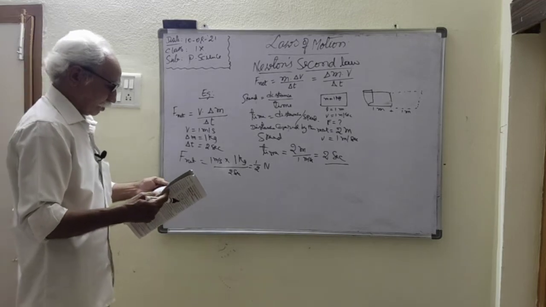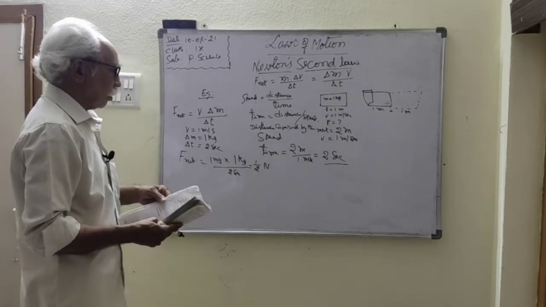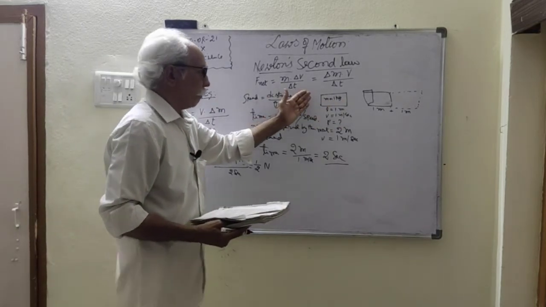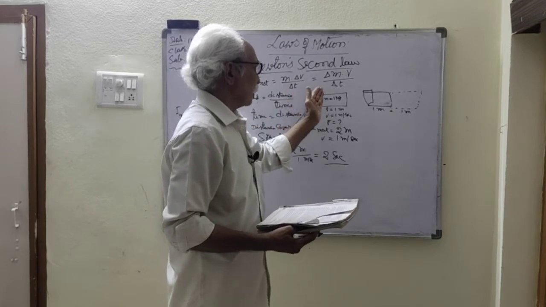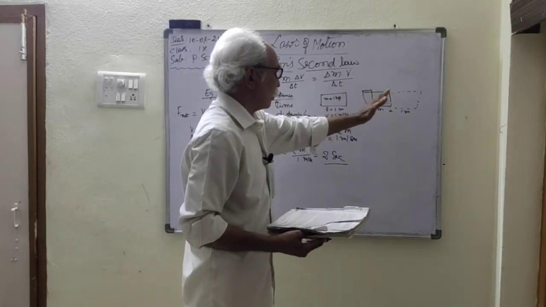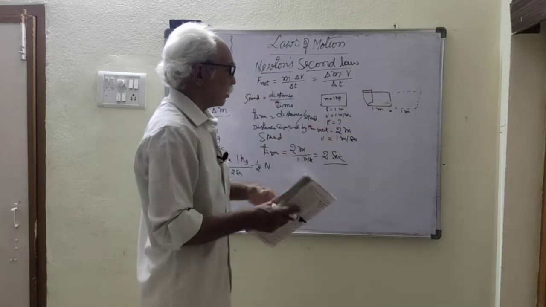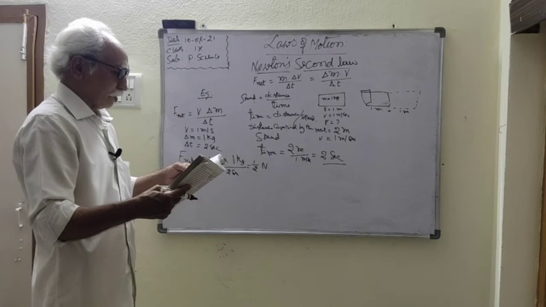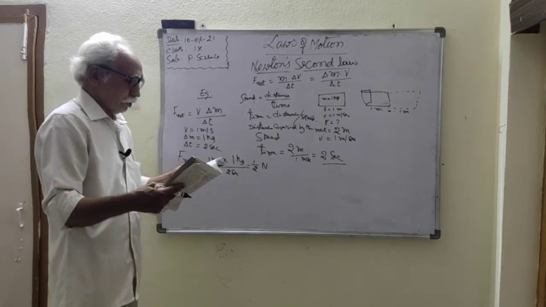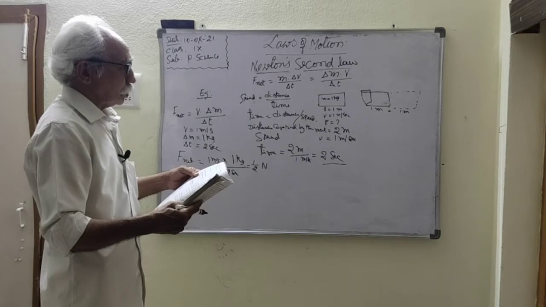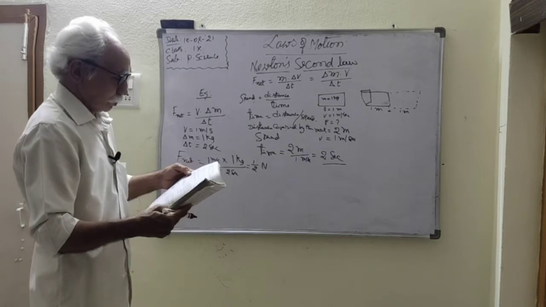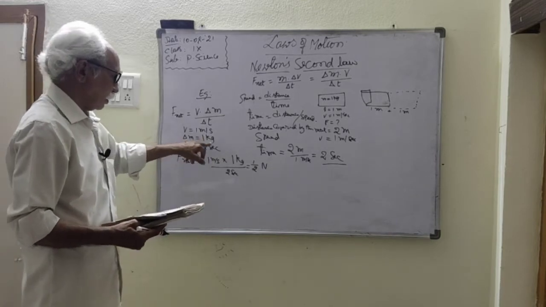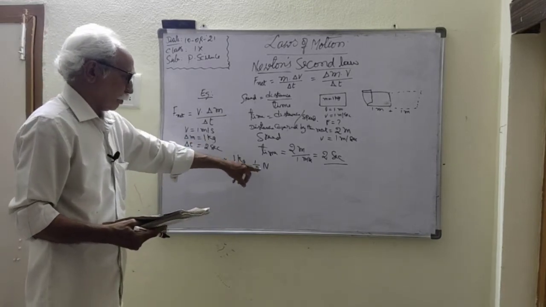So how much net force is acting here? How much mass changes? Only 1 kg of mass, meaning the mat is lifted on one side and moved to the other side until the second end gets into motion. Up to that point, the change of mass is 1 kg. And how much time does it take to change? 2 seconds. Therefore you can write speed into change in mass by 2 seconds is equal to 1 by 2 newtons.